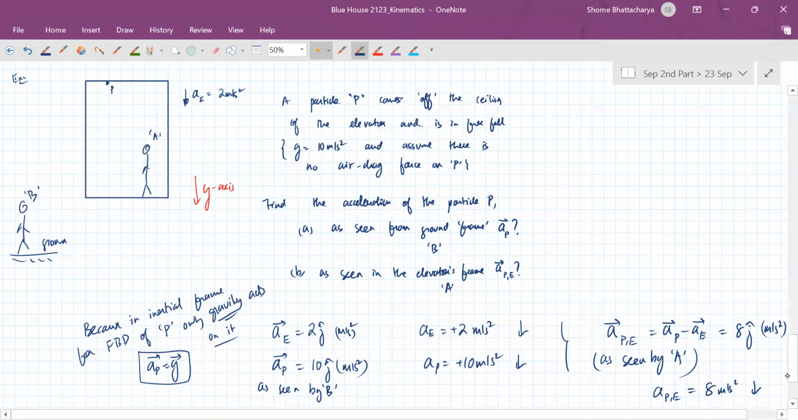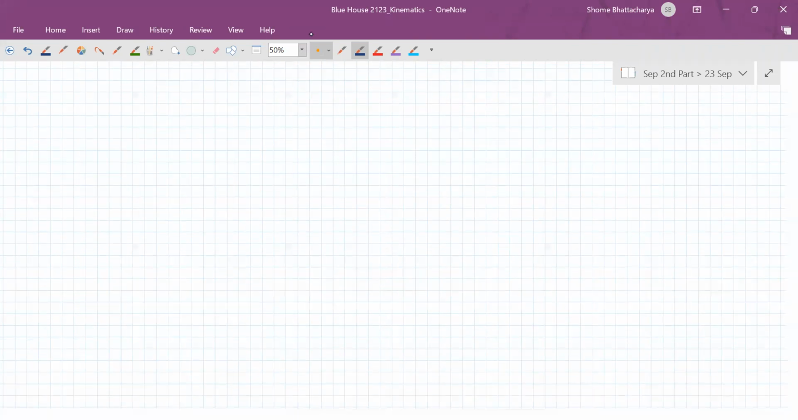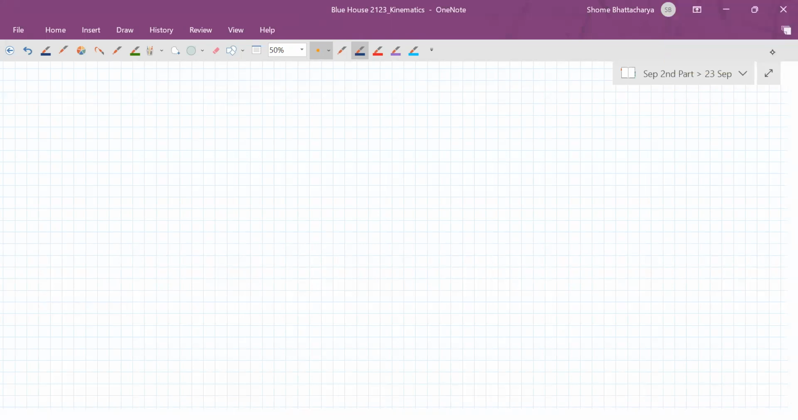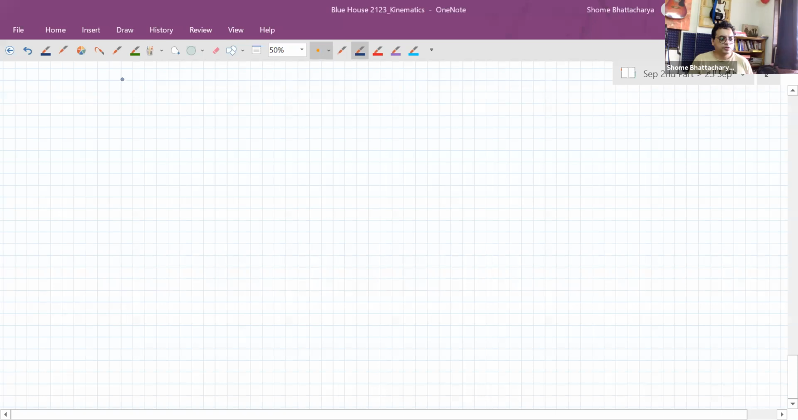No, sir. This clear? Yes, sir. Okay, now see, you understood the concept of relative acceleration, but also we'll see how to understand this from Newton's laws point of view. Okay, so if we do this by application of Newton's second law,